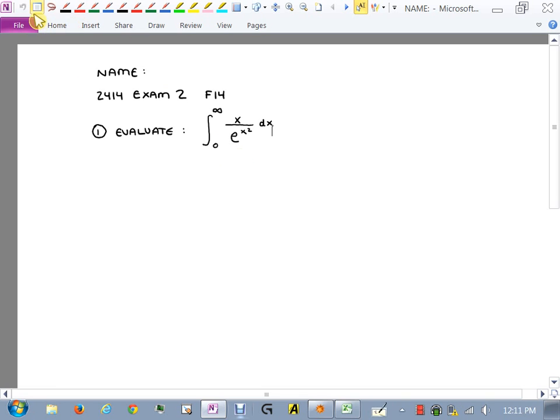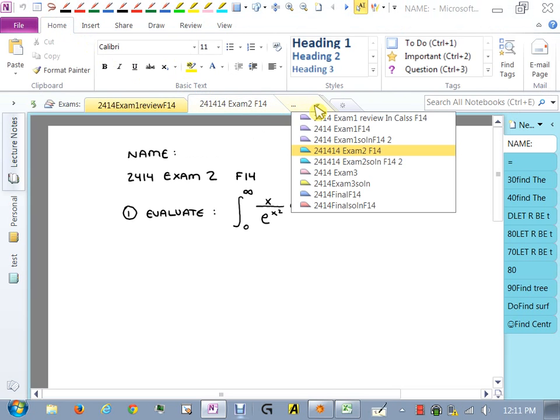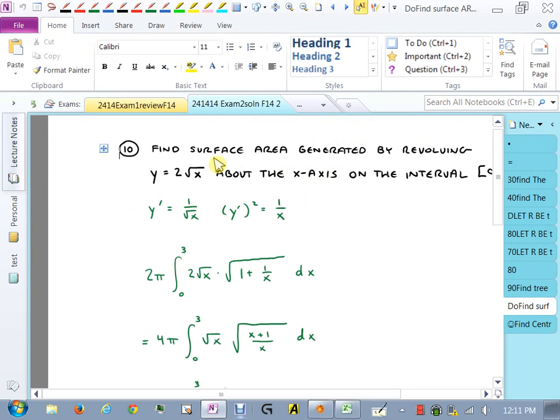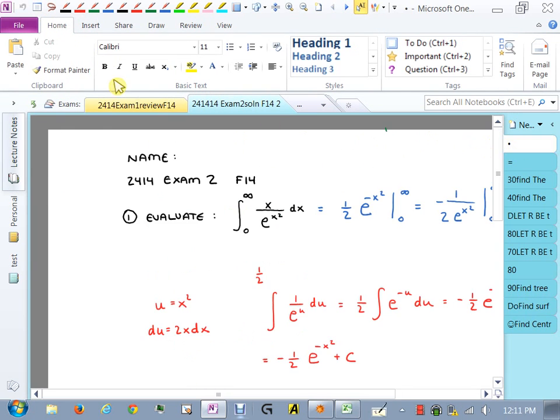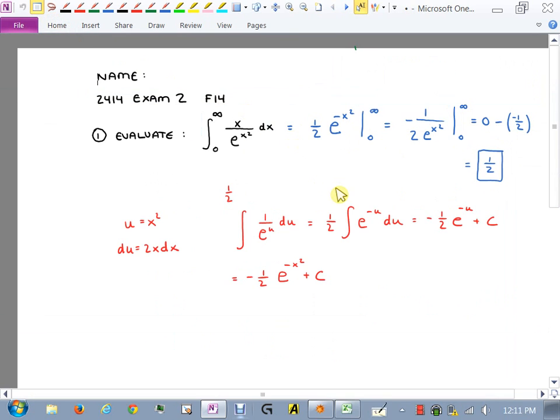Well, you know what? I should probably just bring up the solutions because it's worth talking about that way. Here's your u substitution. So you wind up getting a 1/2 out front here. But 1 over e to the u, you bring e to the